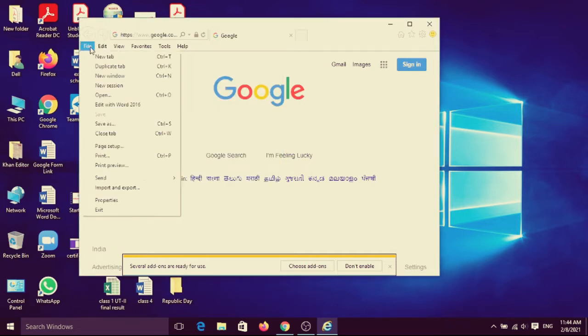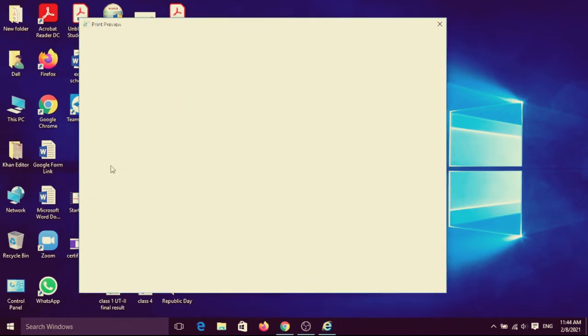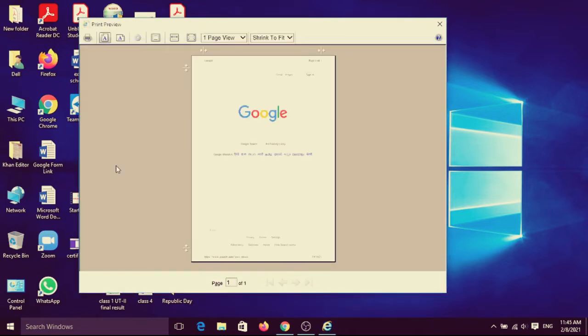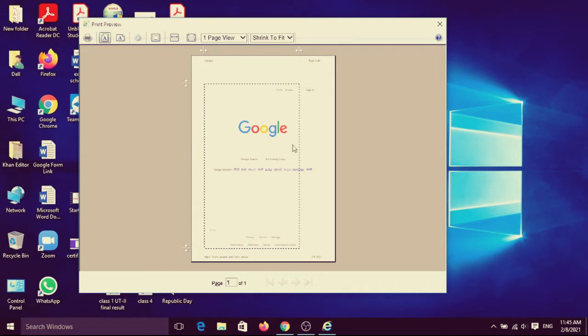Okay, next one, print preview. This option is good before taking a printout. Before taking the hard copy, you can check whether your copy is correct or not. See, the margin has been given, and what content will come on the first page or second page, you can select from here, and you can decrease or increase it also. Suppose you see this page is cut off on that side. I want to decrease it, so this page will come only on this side, with this margin. It depends on you.